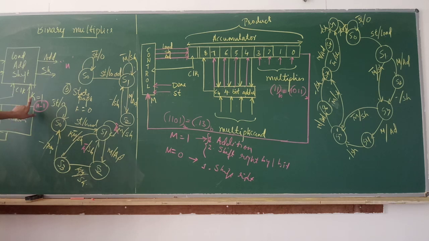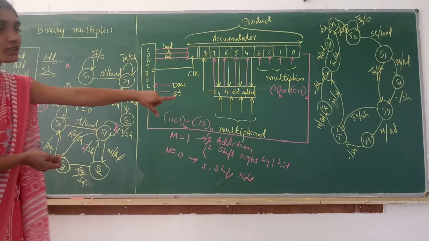Okay, so this k is nothing but a counter output. This k will be equal to 1 when n minus 1 shifts are completed. When k is equal to 1, the last shift will be performed and finally it returns to state S0, giving a done signal to the control unit. So in the exam, if they ask you to explain with the control counter, then you can write this state graph. Otherwise, you can stop at that point itself.